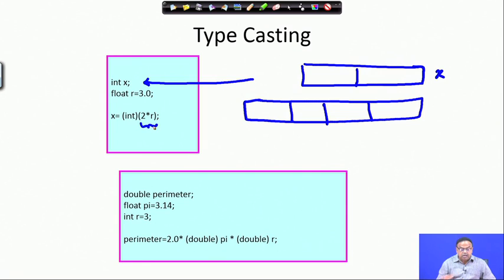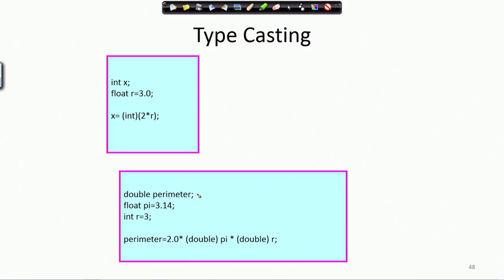2 times r will be what? 2 times r will be a float, because r is real, and so if one of the operands is real, then this part will be a real arithmetic, but then that result I am casting back to int. So, this operation is called the typecasting operation. That means, whatever I have, I am casting that to fit in a way so that it can fit in as an integer. Okay.